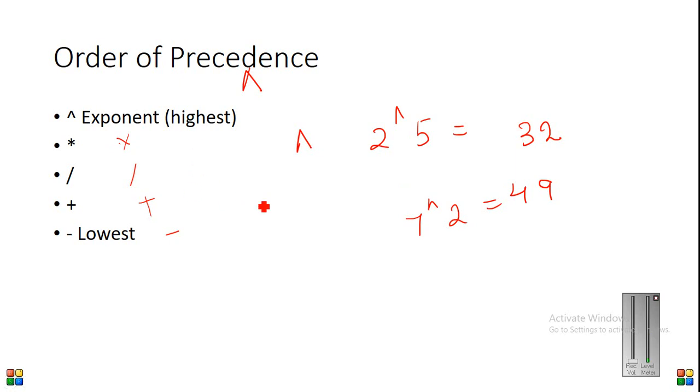Remember one thing here, basically the order is like this. These both have equal precedence. Similarly, plus and minus again have equal precedence. But as we will see in the example, it depends on their placements also. So we will cover many examples, and I think this is best taught using the example approach only. And then we will look at how stacks actually help us in evaluating all this.